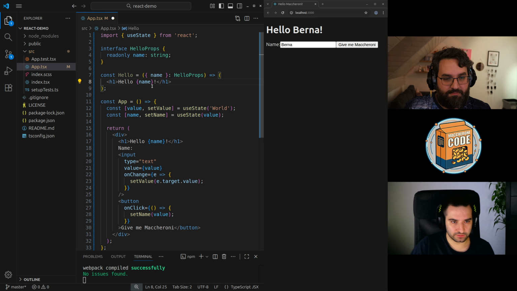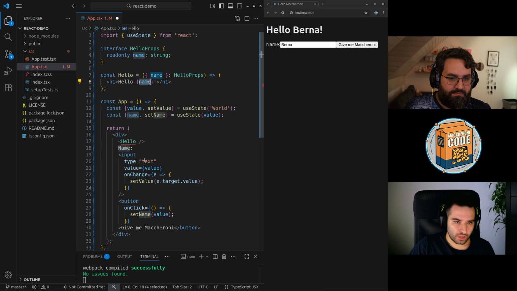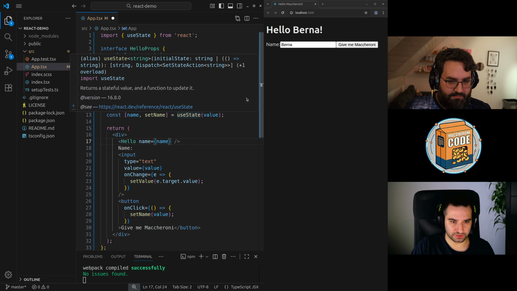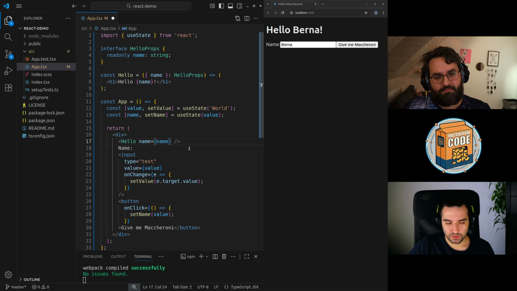Let me add the content of the component. Okay, this is a really simple component that takes props. You can imagine props like an HTML attribute. I say that because you pass the props in that way. Okay.